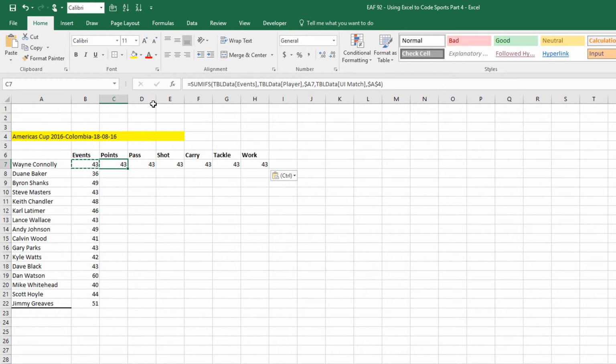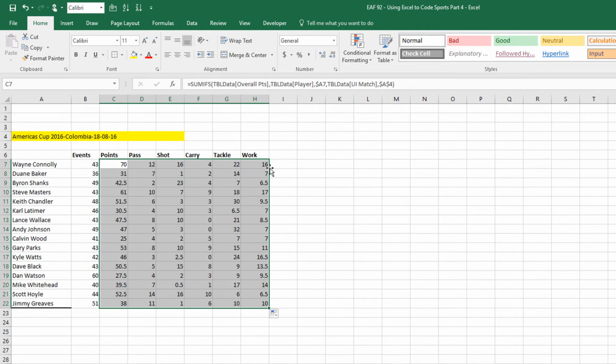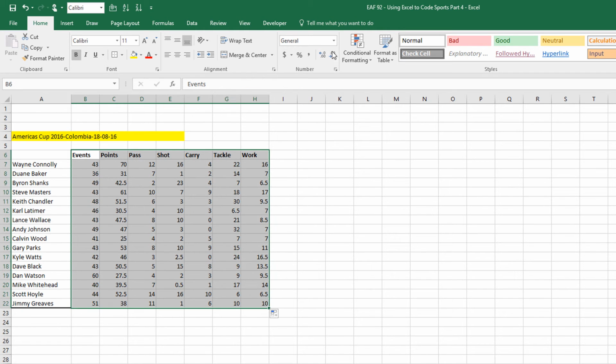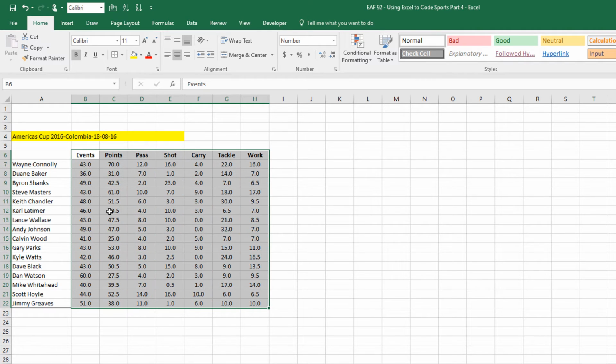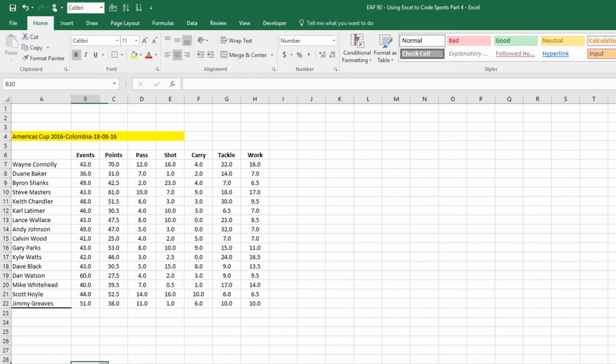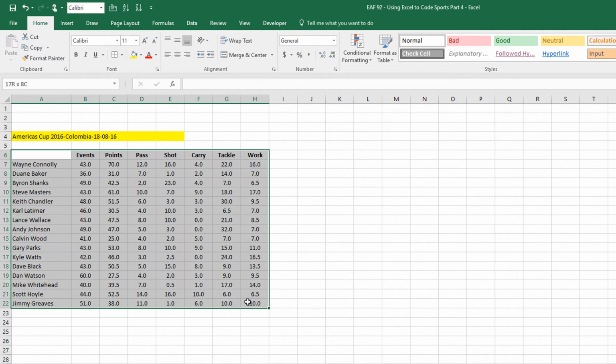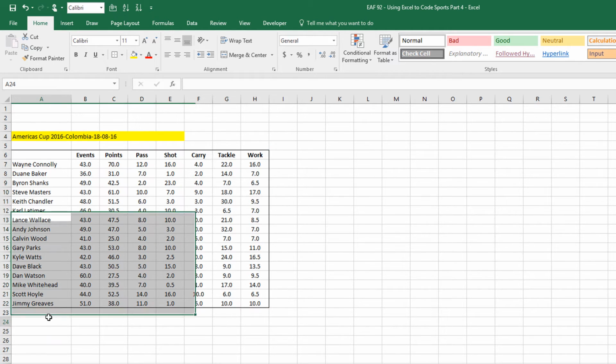a little bit of editing and I will be ready to go. And so just with some editing of that one original formula, double clicking and sending down, tidying up, I would change this to number, 1 decimal place, and center it just because it looks nicer that way, and I don't know, a little box around it. And we've now got